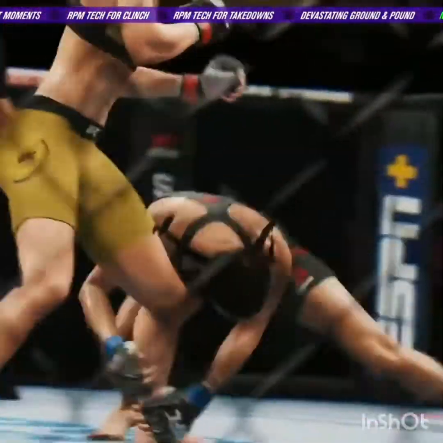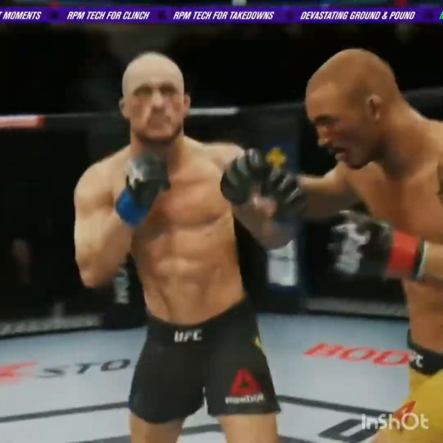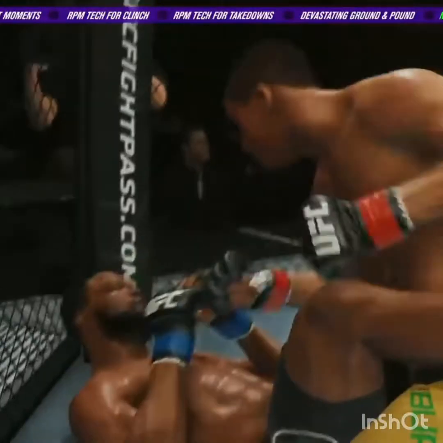Submissions aren't just isolated to the ground. We've also added new takedown counter submissions and standing submission attempts from within the clinch. With RPM technology, intuitive control schemes, and our all-new high-impact moments, EA Sports UFC 4 offers the most authentic, intuitive, and exciting